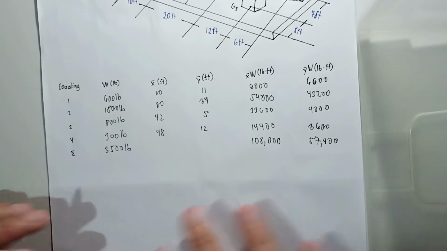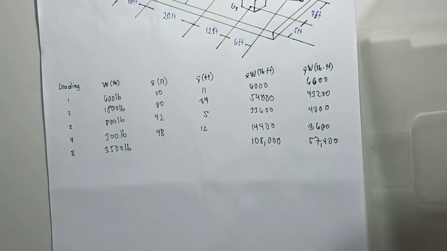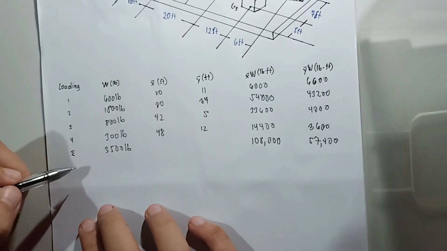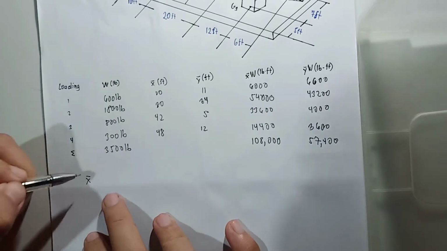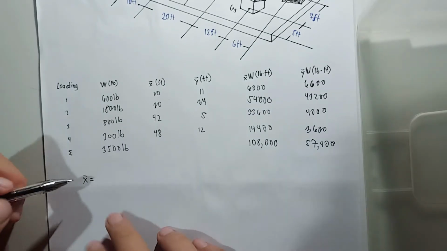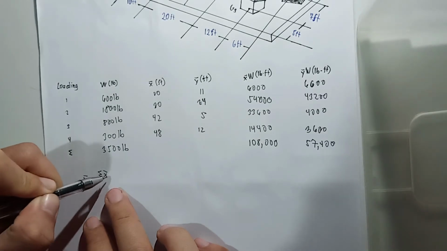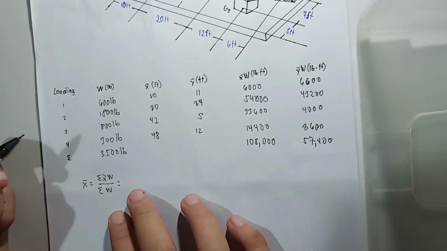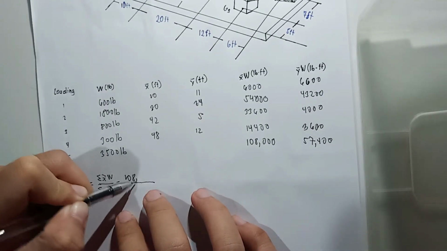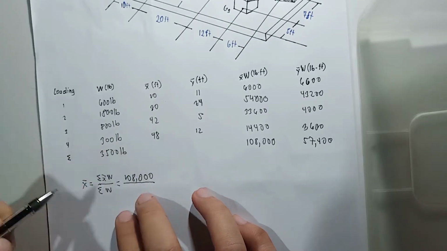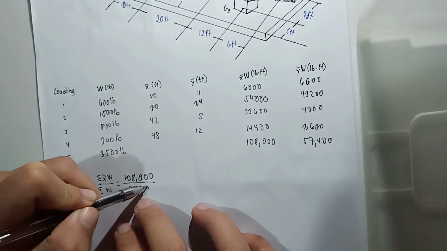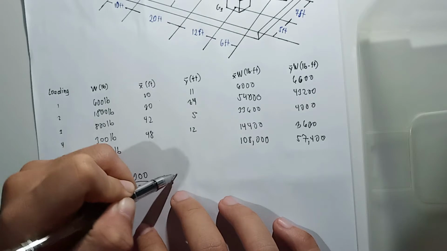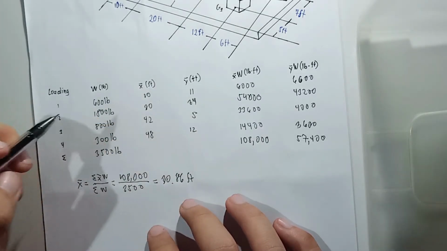For solving the center of gravity X bar and Y bar, X bar is equal to the summation of X bar times weight over the summation of weight, which is equal to 108,000 over 3,500, equal to 30.86 feet